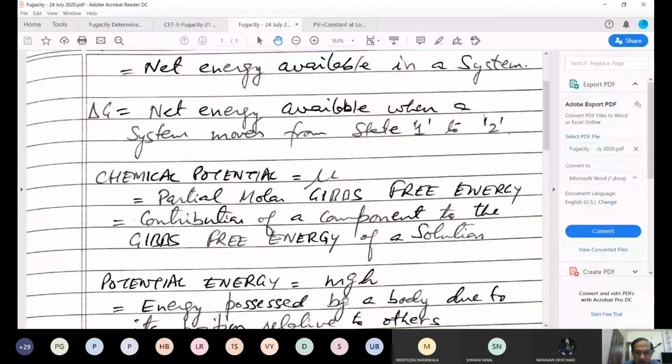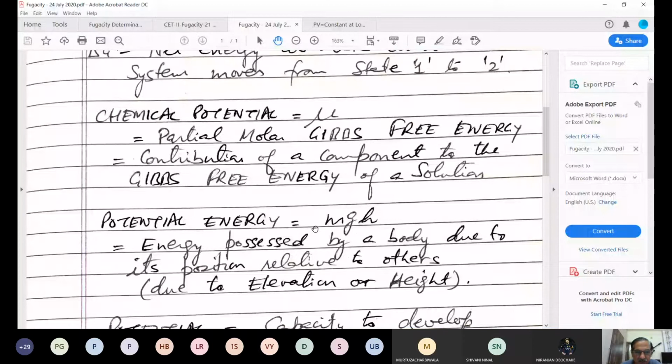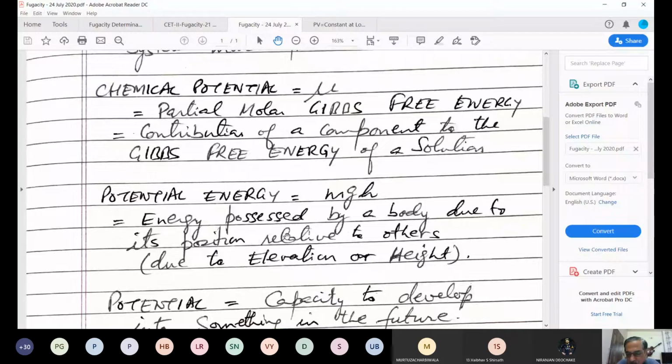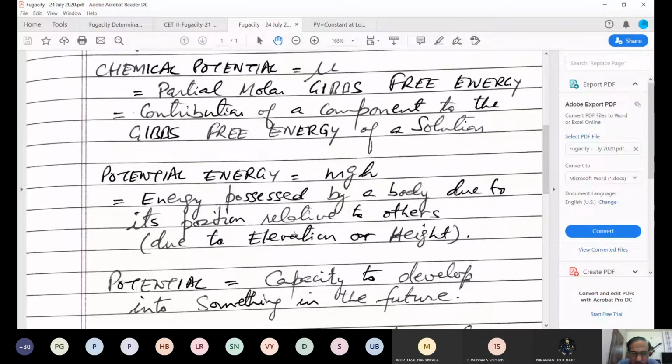So what does potential mean? This is potential energy. What does potential mean? When I say this boy has a huge potential, or Devendra has huge potential, what does it mean? Ability, capacity. So what it means is the capacity to develop into something in the future, right? That is, he can become a good engineer, a successful engineer, anything is possible. I am just taking an example, right? So when a person has potential, that means he can develop something, he has the capacity to do something. So when we take chemical and potential together, chemical potential,